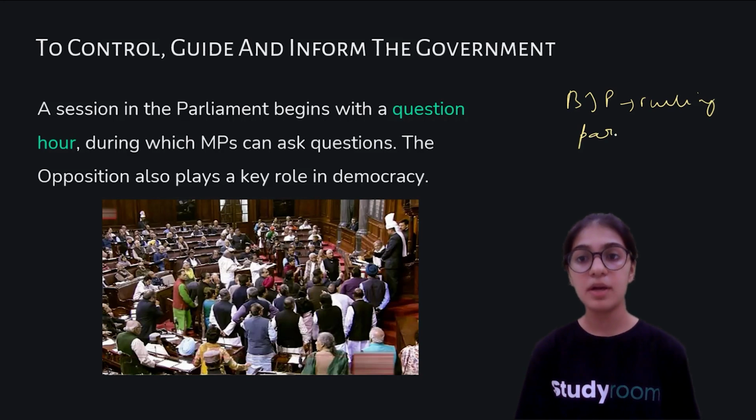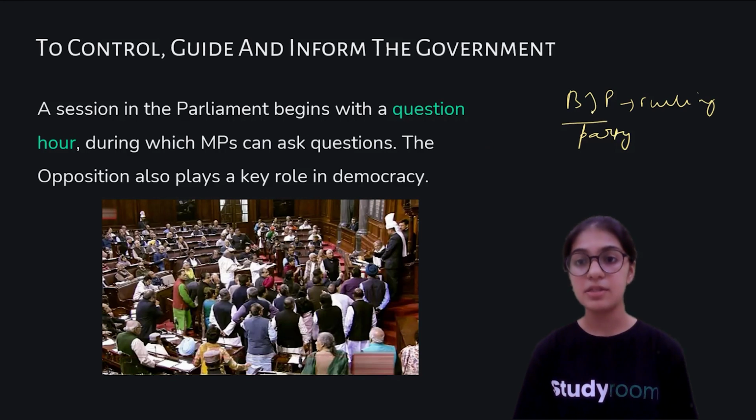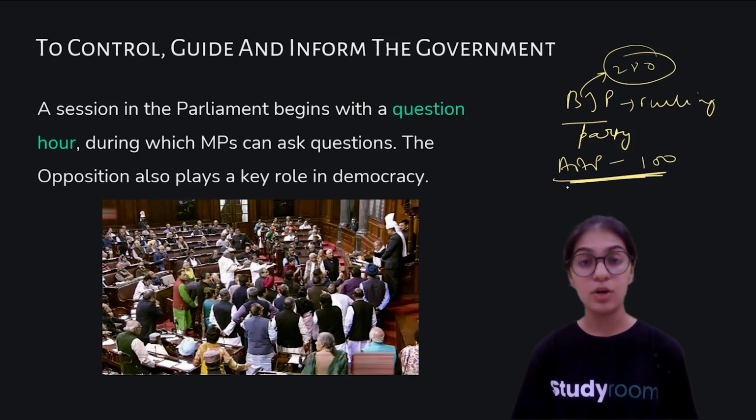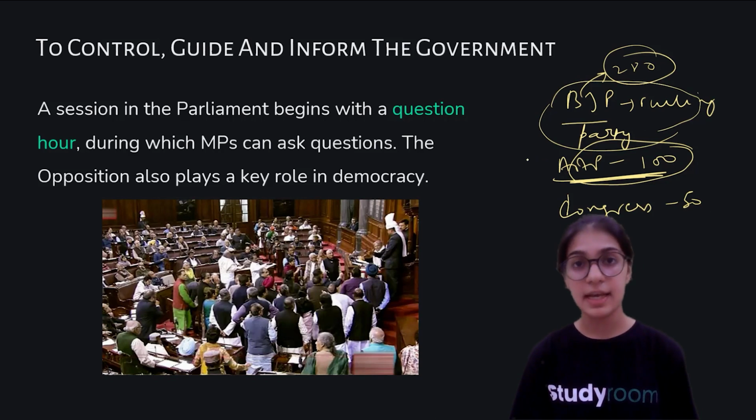As I told you, in order to become the ruling party, the number of votes that we want is 272 or more than 272. So now let's assume that BJP got 280 votes and became the ruling party, all right? And Aam Aadmi Party had 100 votes, so it was the second maximum. And now let's assume that Congress has 50 votes. So it is quite evident that Aam Aadmi Party has the second maximum votes, but the maximum belongs to the BJP. So BJP directly becomes the ruling party without any coalition, and Aam Aadmi Party has got the second maximum votes.